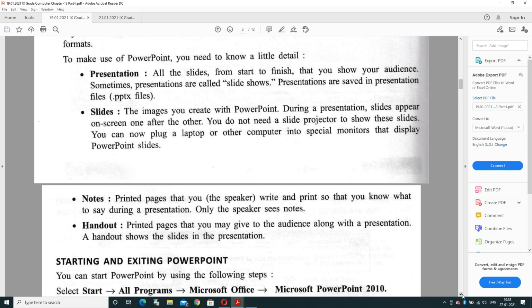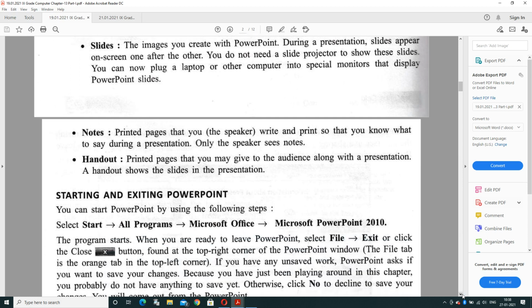Printed pages that you write and print, so that you know what to say during a presentation. Only the speaker notes are part of notes. And handouts means printed pages that you may give to your audience along with a presentation. It's content that is provided to the audience for understanding. And notes are your speaker notes that the speaker will use to present the presentation.